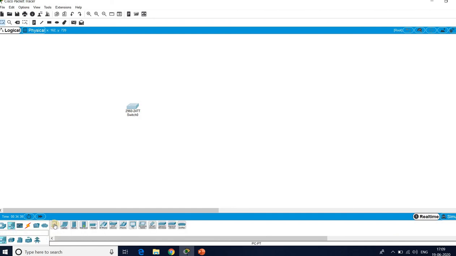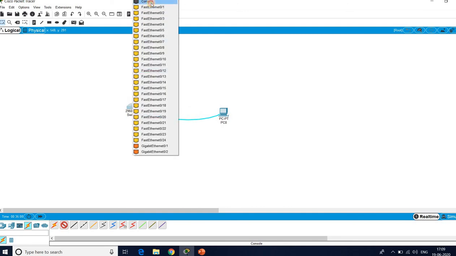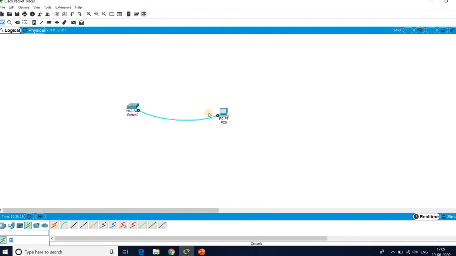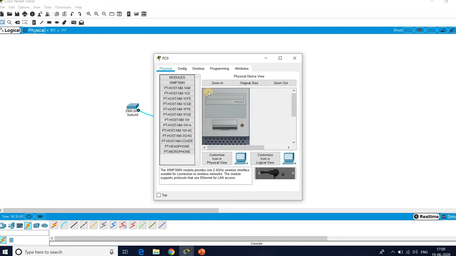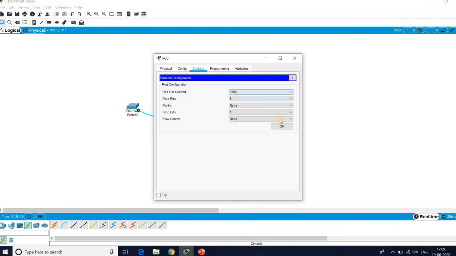Take one PC, and I just drag it. For the connection I am using an RS232 cable to the console port. After that, click on the PC, Desktop, Terminal, and you can see the terminal configuration.